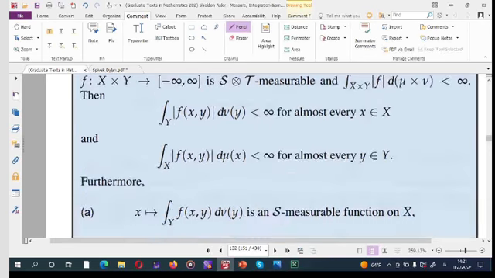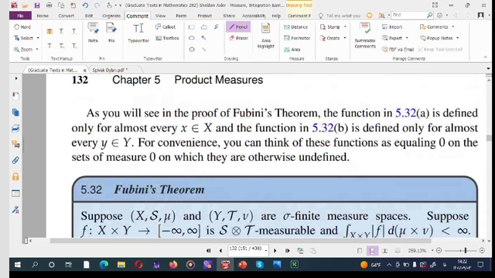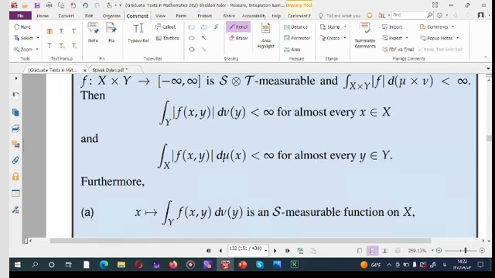Please note that this is finite for almost every x, meaning that mu of this set, x belonging to X such that this integral be infinite,